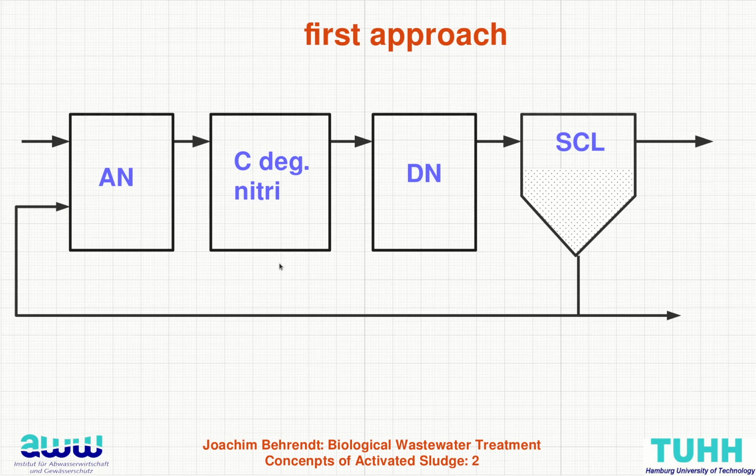And then we are producing a lot of nitrate. This has to be removed. And therefore we are putting the denitrification step in between, and of course a secondary clarifier in the end to separate the sludge. A big part of the sludge will be recycled to